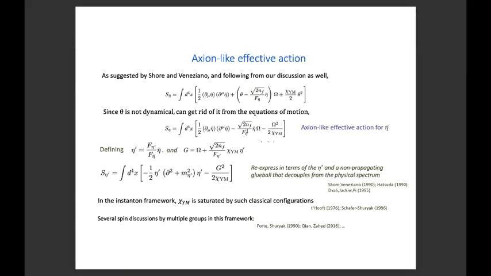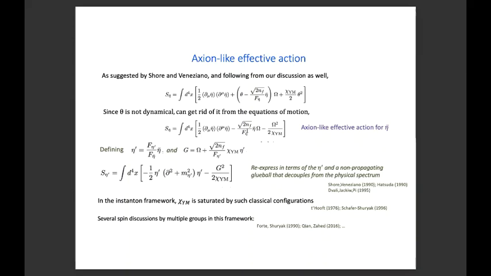And what you get then is nothing but the equation for the eta prime. So you can replace a massless eta bar by a massive eta prime, where this eta prime is the usual eta prime mass given by the Witten-Veneziano formula. I'll come to an explicit discussion of that in a minute. And then there's a non-propagating U-ball that just decouples from the spectrum.